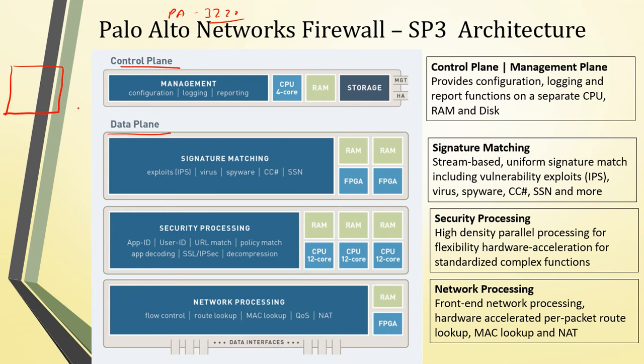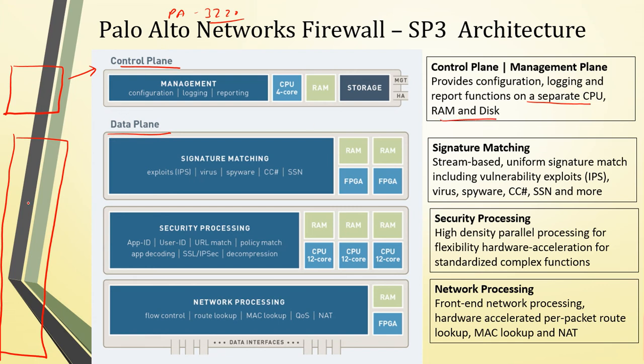You can say this is the control plane, and all the rest are the data plane. This particular CPU is used for the control plane only. It is not going to impact the data plane. It will provide the configuration, logging, and reporting part, and it is on a separate CPU, RAM, and disk.